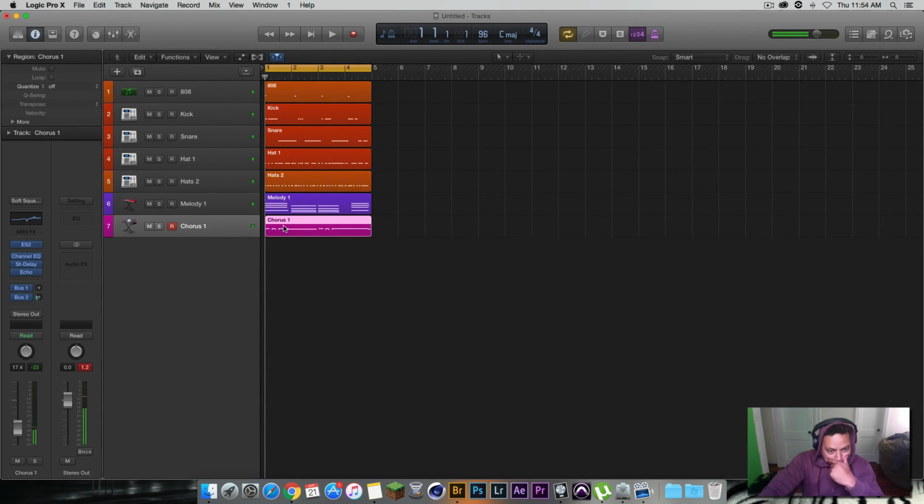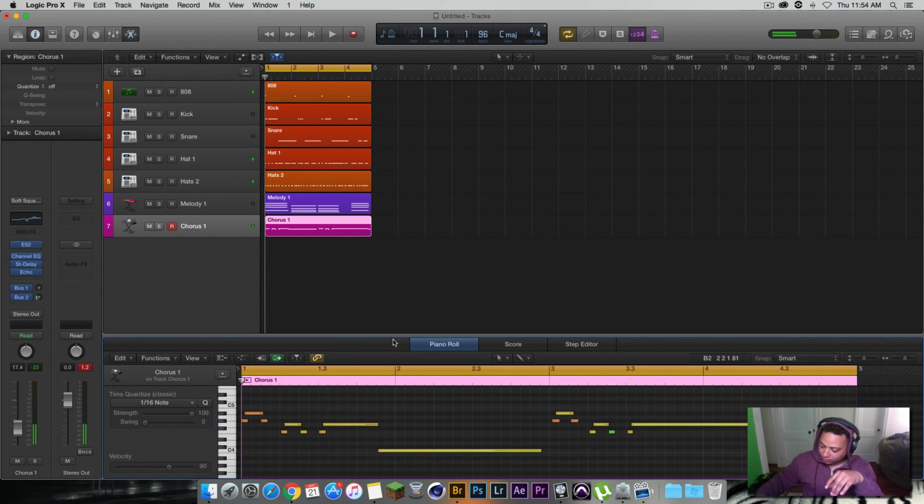One more tip I'll show you. When you record them little rolls like that, what you want to do is double click on the track, highlight it all, and if you hold shift, that top roll that you did, it'll deselect those. You want to quantize, and now when I play it,